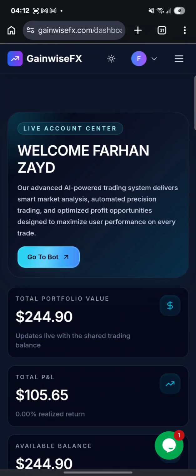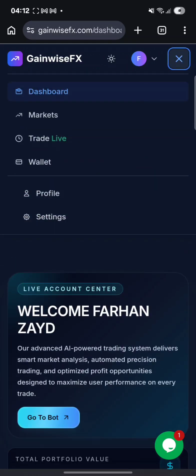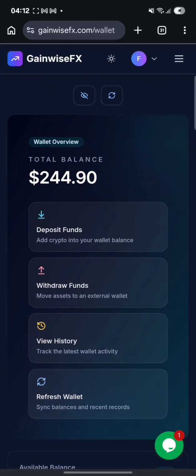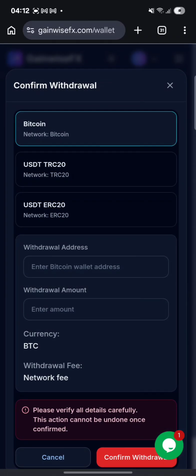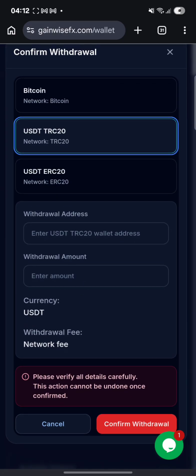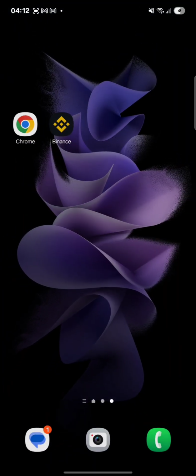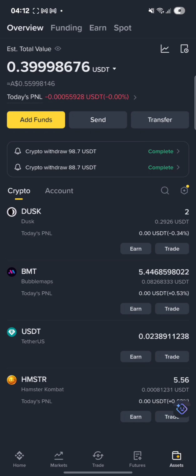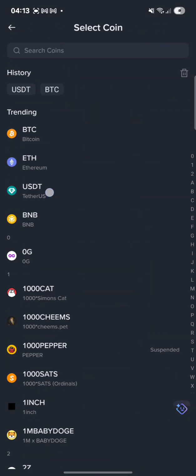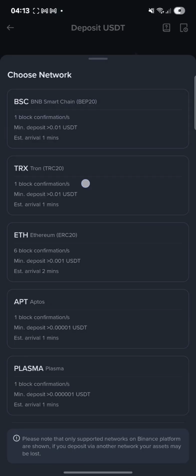So next, I'll show you how the withdrawals work. I'll head over to the wallet section, hit the withdrawal funds, select USDT TRC20, head back to my Binance account, the crypto wallet, deposit crypto, USDT, TRC20,